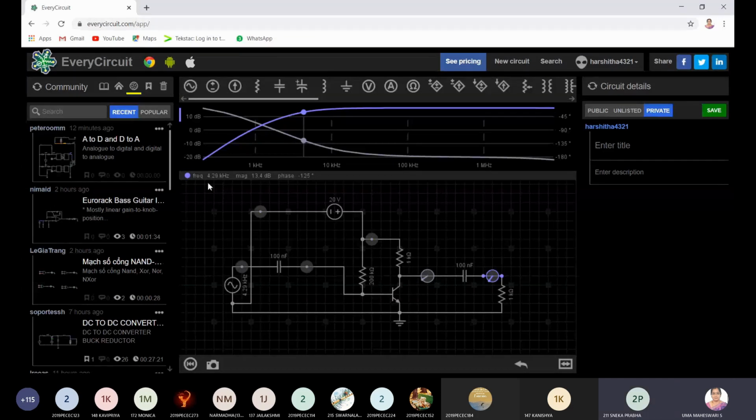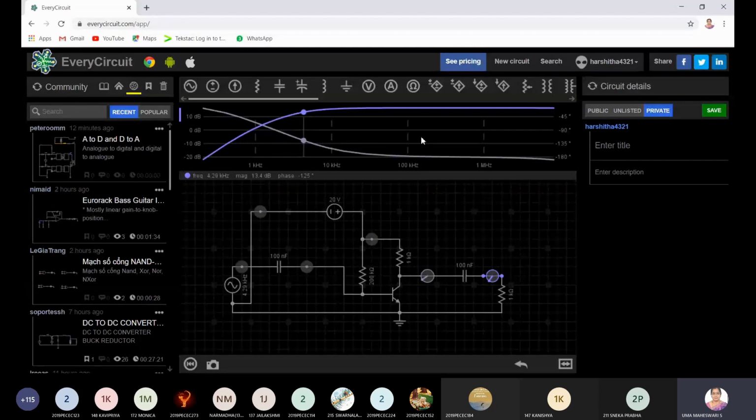Able to understand? In the graph, from the midband gain, you will draw a line less by 3 decibel. But here we have got the cursor. So this is your midband gain. From the midband gain minus 3 value, when you move left, you will be getting your lower cutoff frequency. When you move on the right hand side, you will be getting your upper cutoff frequency. So my midband gain was around 16.4. That minus 3 is 13.4 decibel. So you adjust the cursor towards the left hand side until you get this 13.4 decibel. So what is your lower cutoff frequency now? 4.29 K. Now how will you find the upper cutoff frequency?